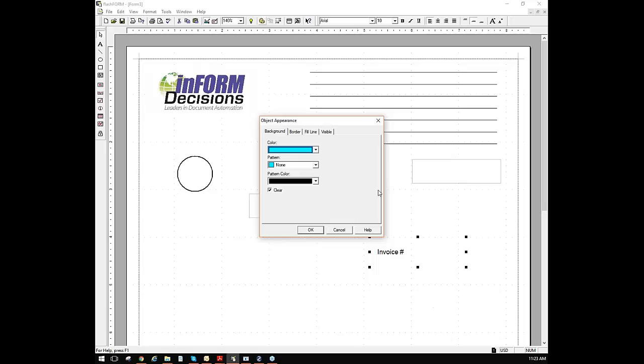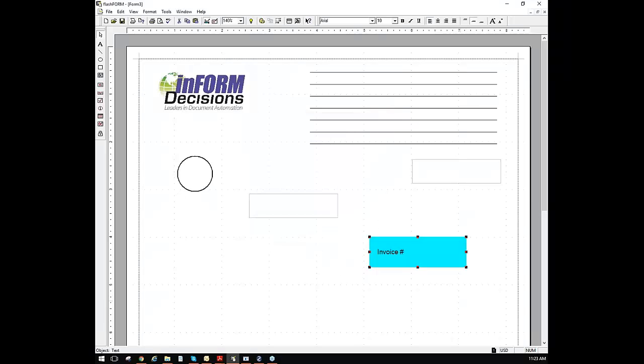Actually, that's very blue. So, and I'm going to uncheck the clear. Change the blues here a little. And I'm going to line that up to my box. Going to snap it to my left. Shrink that a little. And I'm just going to move it up using my arrow keys to get it into